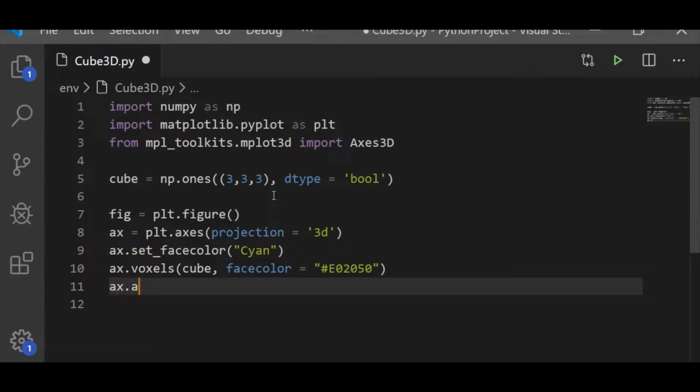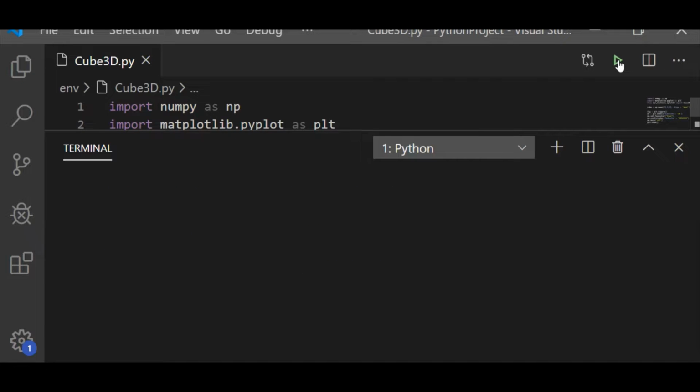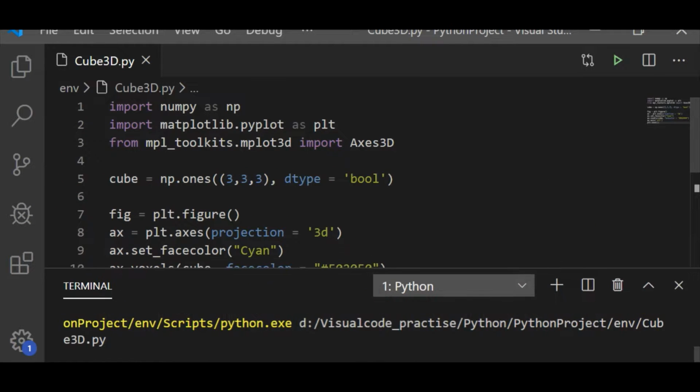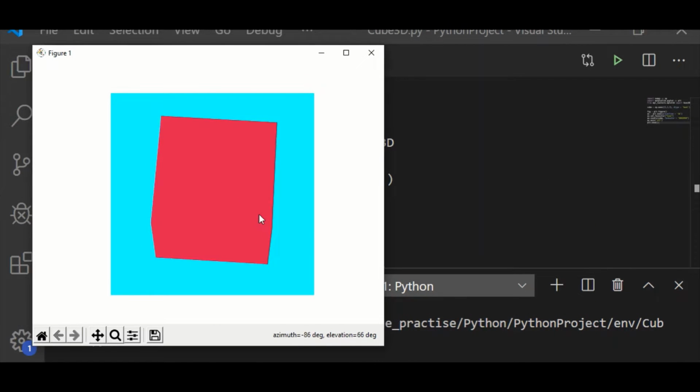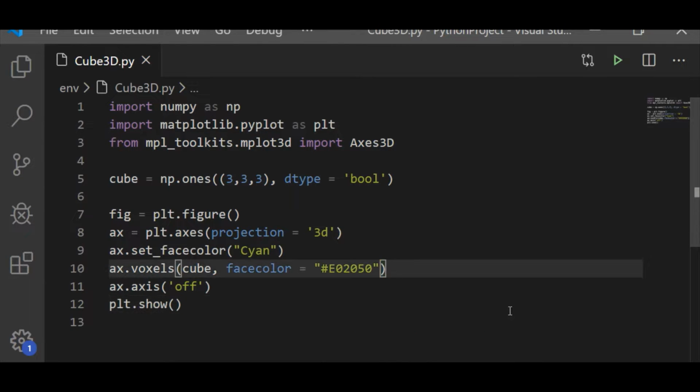It is better if we have our axis off. So let me pass off to the axis and let us see how our cube looks like at this level. So we got our cube, but it is better if we have some edges displayed. So let us also pass edge colors